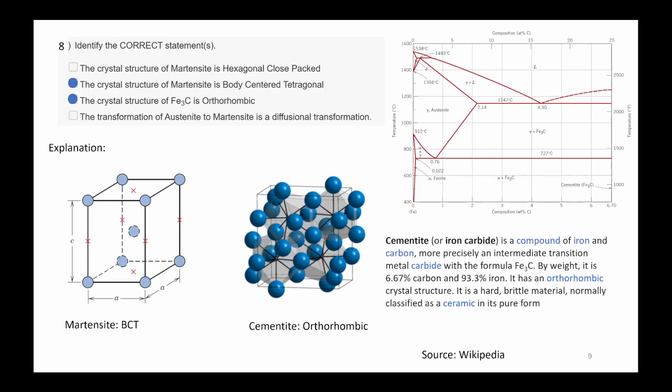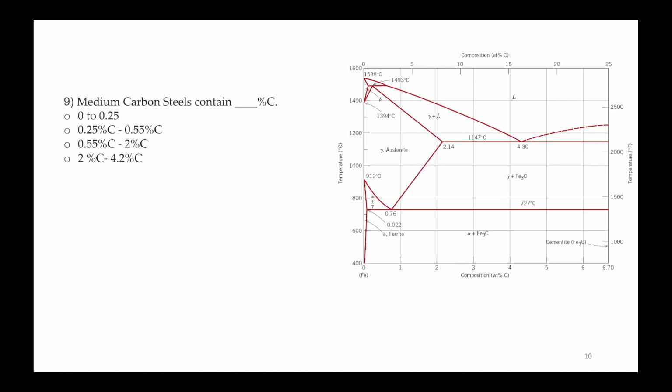In the next question, the 8th question, you have to identify the correct statement. So the first statement is the crystal structure. Okay, this one we have completed. The next one is: medium carbon steel contains blank percent of carbon. The first option is 0 to 0.25%, the second option is 0.25 to 0.55%, or 0.55% to 2%, or 2%